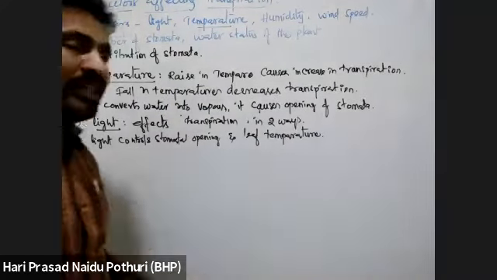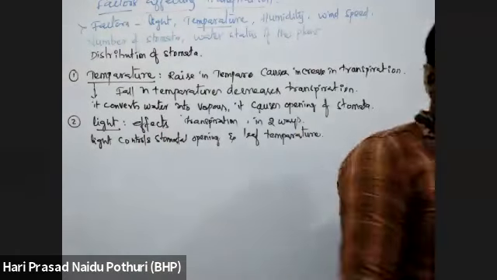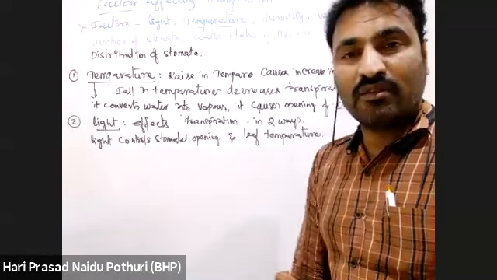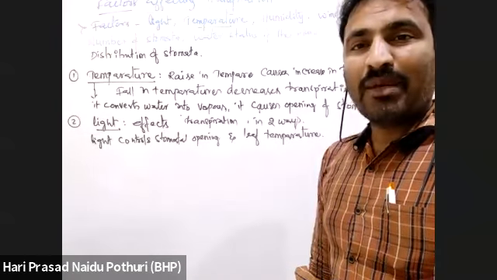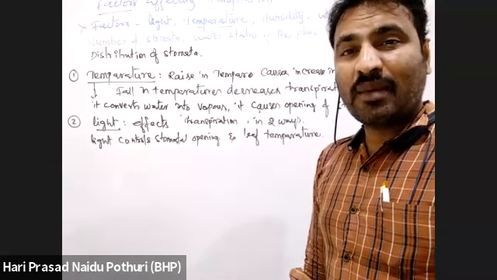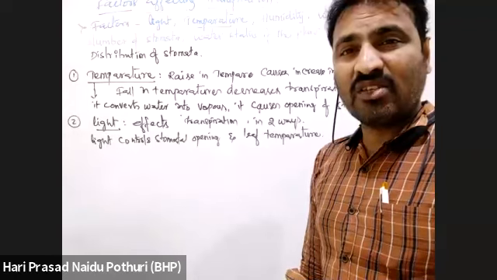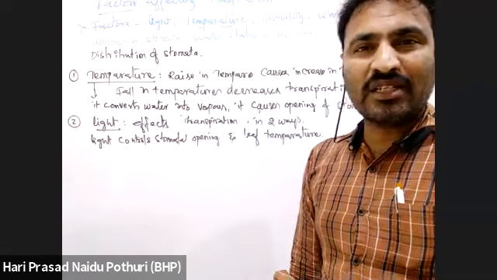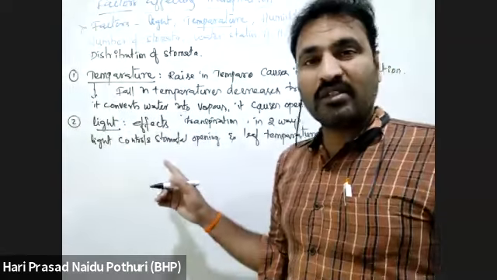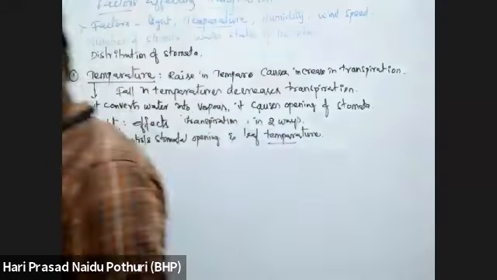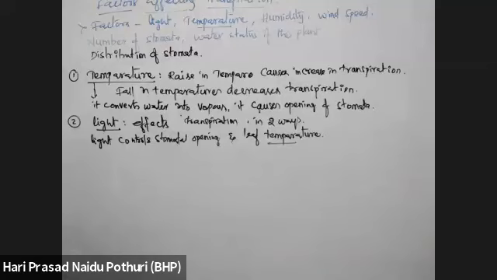How is light affecting leaf temperature? When more light is falling, the rate of photosynthesis will be more. So metabolic activities will be more. In those metabolic activities, chemical reactions are taking place, and energy is being released. In metabolism, heat will be released. Respiration is taking place, so that energy is released. Thermal energy is released in metabolism, so leaf temperature is also controlled. That is one thing. It controls the stomatal opening. Okay.